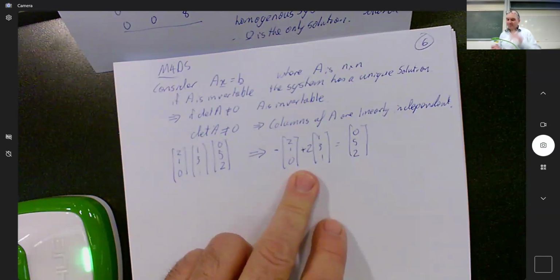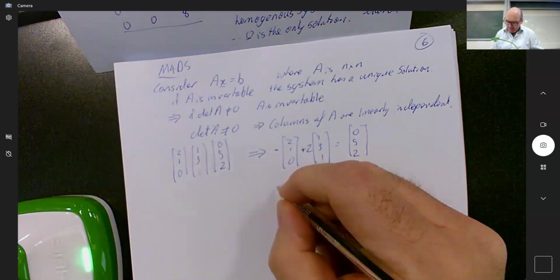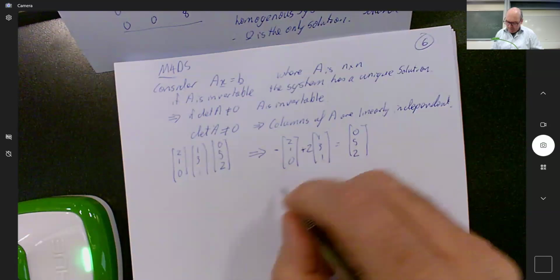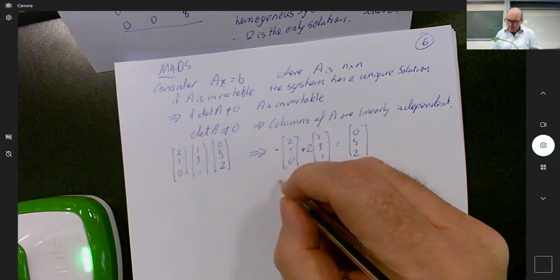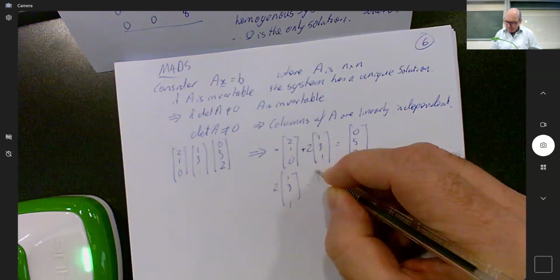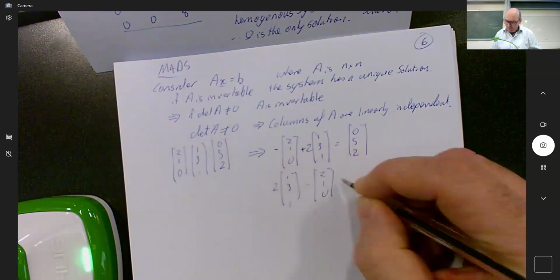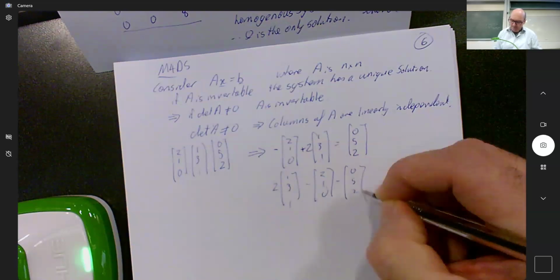I could say something like 2 times 1, 3, 1 minus 2, 1, 0 minus 0, 5, 2 is equal to 0,